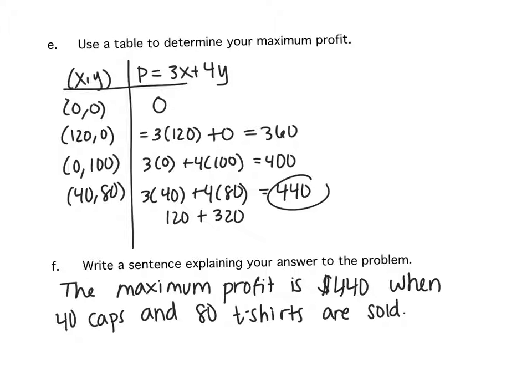Okay, I have a few more things to say. First one, do we have any questions? Okay, second piece. Do we understand that this is the maximum possible profit, but that they won't definitively make that much money? Yeah. That's only if they sell 40 caps and 80 t-shirts, but they might end up selling less than that. We get that? Yeah. Okay. And then